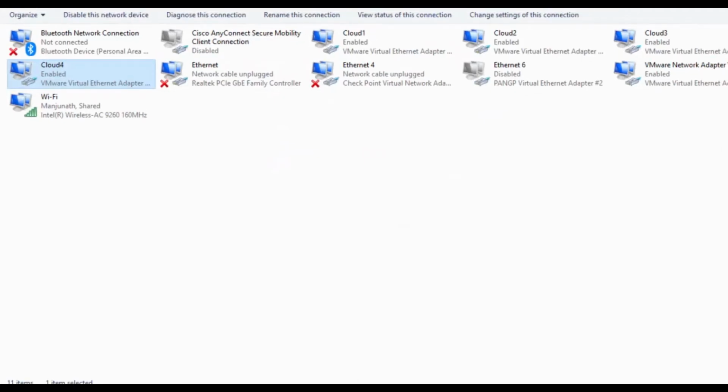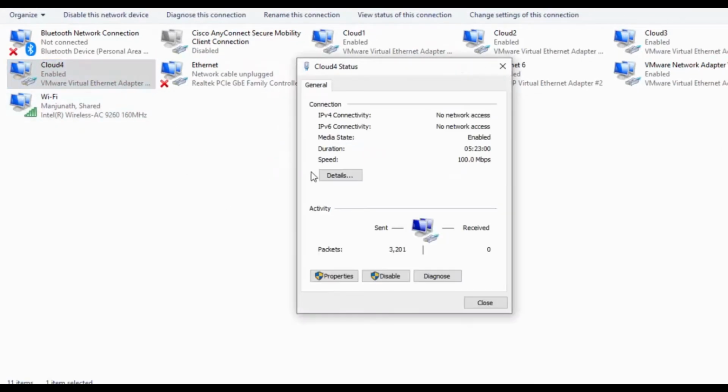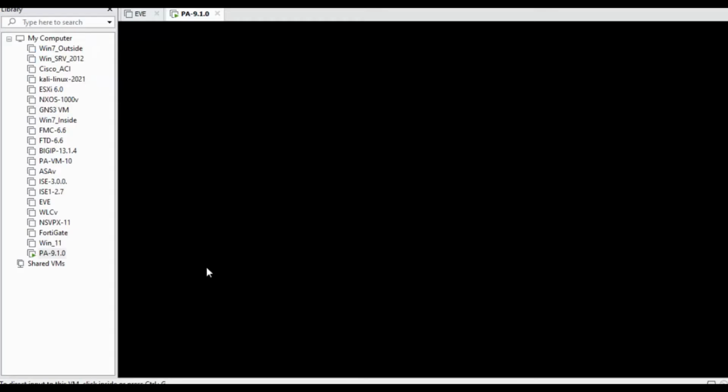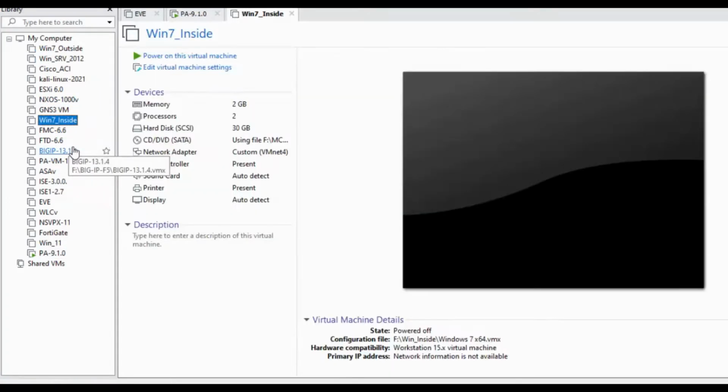If I go to VMnet 3, I have already configured details like 192.168.3.10 as the IP, or else you can include any one VM. So I will make this the inside VM.